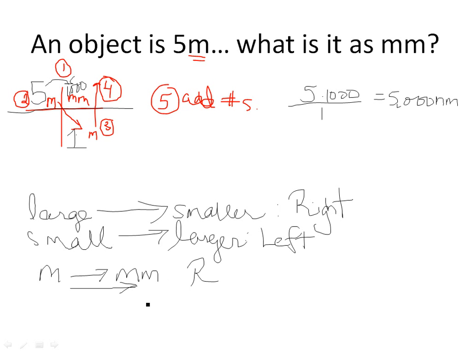The hardest part is figuring out how many spaces. And it's the difference in the number of zeros. There's no zero here, but there's 1,000 here. There are 3 zeros here. So this is actually going to slide 3 spaces to the right. So it starts here, and we're going to go 1, 2, 3. Give it a new home. Fill in with zeros. Okay. Now rewrite it so it's neat. 5,000